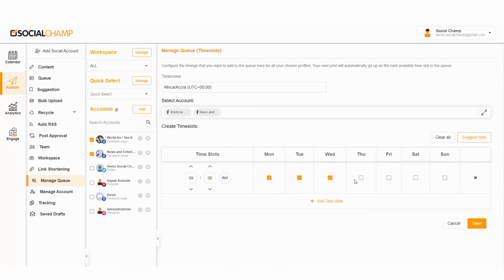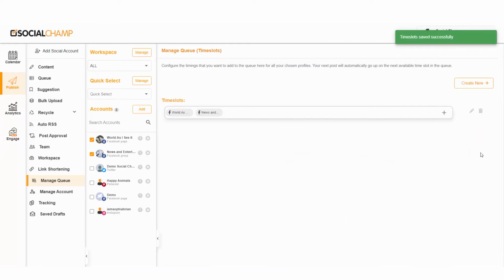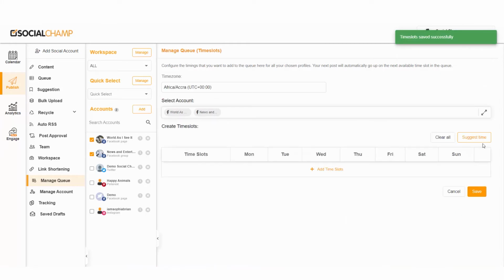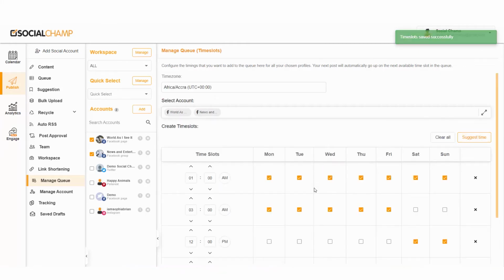Let's suppose you have high audience engagement around 9 a.m. on the weekdays and at 12 p.m. on the weekend and you do not wish to miss out. Simply add time slots by adjusting days and time according to your preference and save them right away. Moreover, if it doesn't fit, you can also give it the Social Champ's suggested time and then simply save it